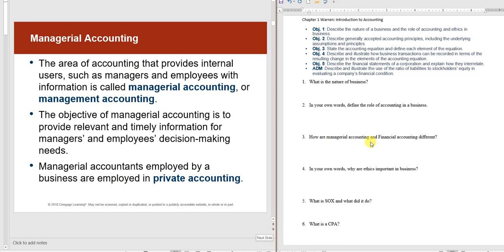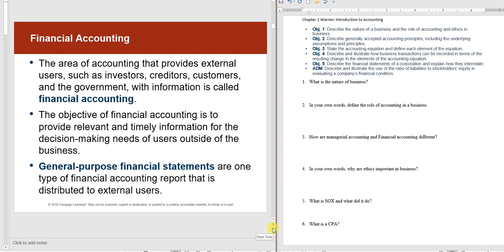The next one is managerial and financial accounting. Managerial is usually for internal users such as managers and employees, but basically things like how much do we need to sell a t-shirt for, so I need to figure out the cost of the t-shirt or the cost of the pizzas. In our case, where we were going to travel on the trip to Washington, D.C., that was more managerial information. We call that private accounting because you're working for a business itself, and we'll get into the difference between that and public accounting.